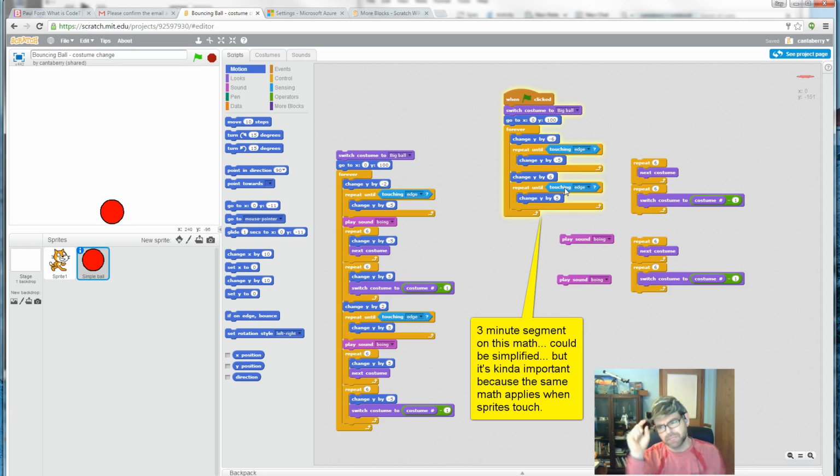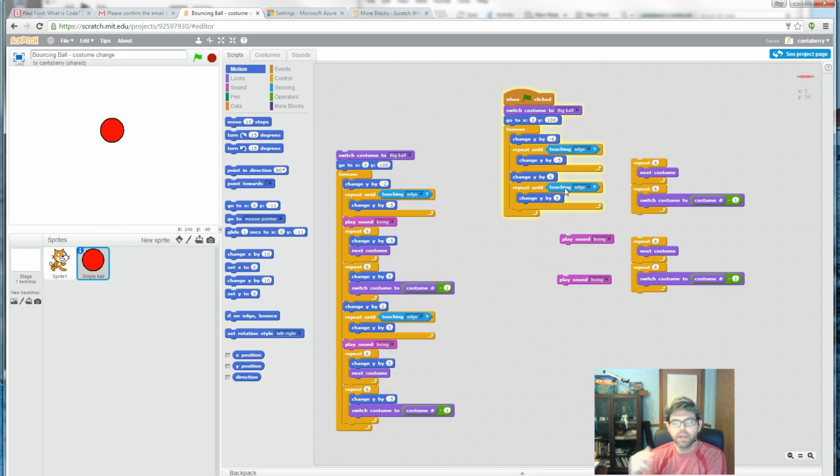Now, here's where a little bit of math comes in here, because you need a little bit of complexity. So think about this. I'm going down by 5 every time. Well, what happens when my ball, let's say we're going down by 10 instead. So I go 10, 10, 10, 10, 10. Okay, so now I'm right there, right? And now I say, okay, now you're touching the edge. You're done. So repeat until touching edge. I went down by 10 until I touched the edge and I stop. So I go to the next block, which would be repeat until touching edge, go 10 in the other direction,